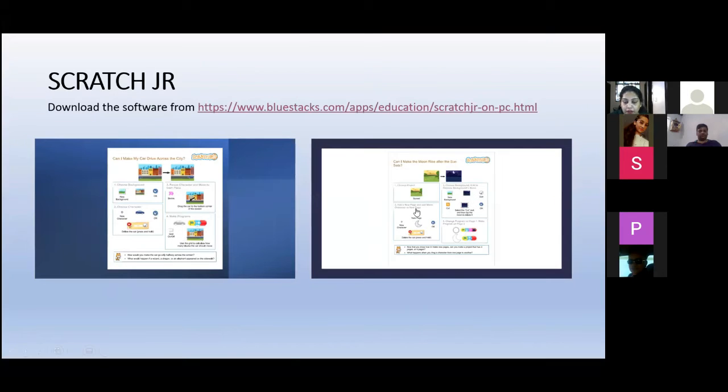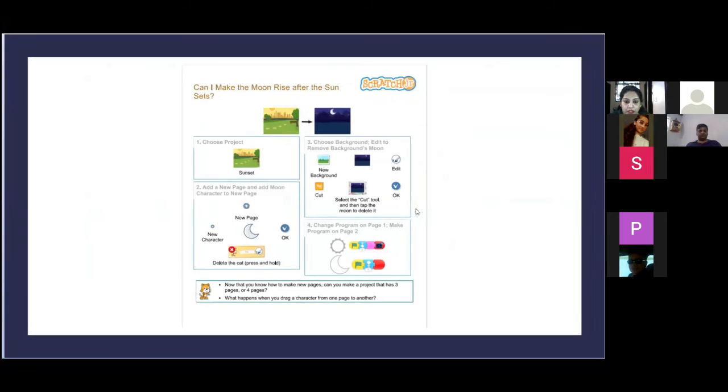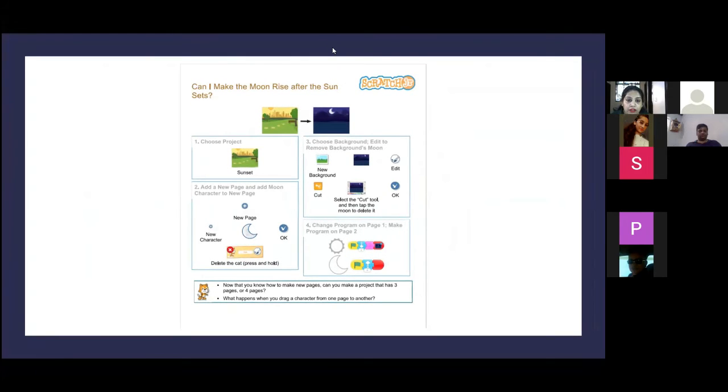There is one more activity. If you wish, you can do this one by yourself. You can take a screenshot and do it yourself. Okay. So I'm not going to do it, but this is very simple. You know how the steps are given: first step, second step, third step, and fourth step. It is very easy. You can see the blocks, and then accordingly you can add those blocks into your program and then run and execute and check it. Okay.